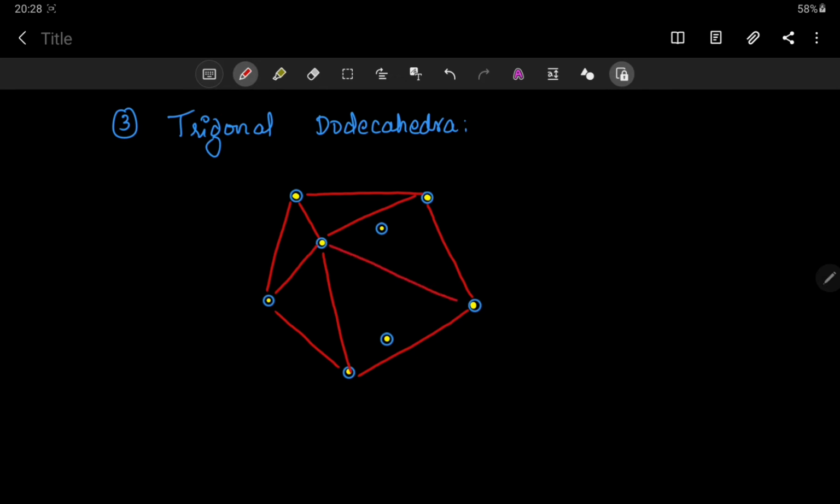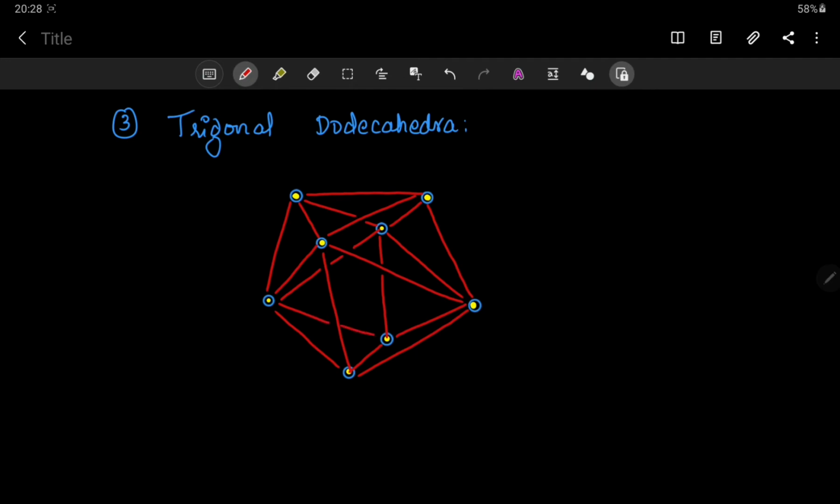Right. Next, join this vertex to this pentagon that we have constructed. Later on, this vertex should also be joined with 5 more vertices. This, and the fifth one is this, which is away from the viewer. Right. And this final vertex, let's join this to the other 3 vertices.